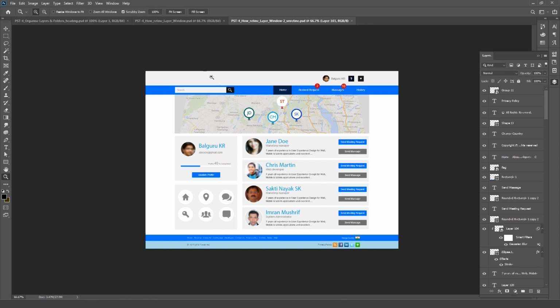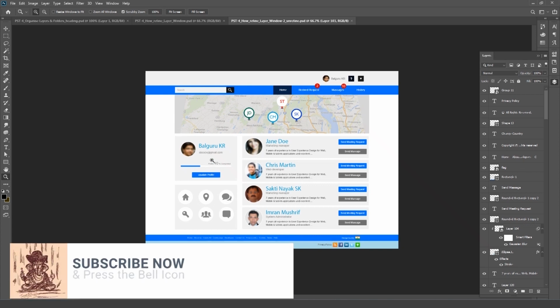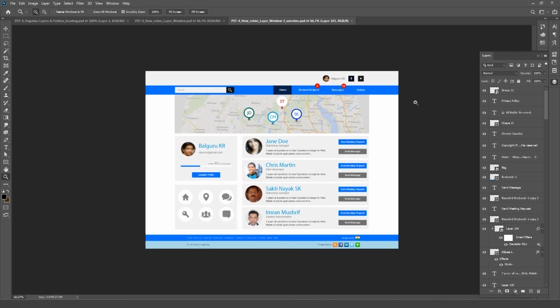So first of all we will create a few groups based on our design. Since this is a web page, a web page always has the header, footer, top navigation, left menu or left widget, something like that, and this is the center list, and this one is the map. So we are going to create a respective folder for each.